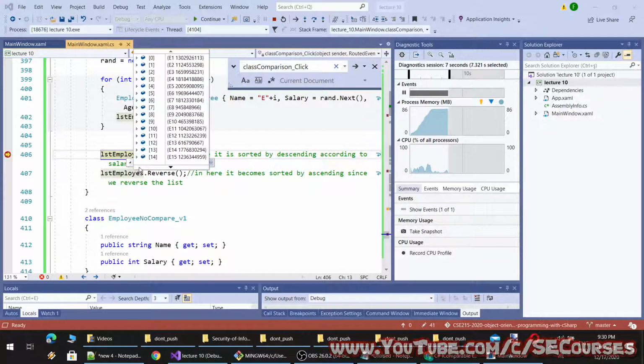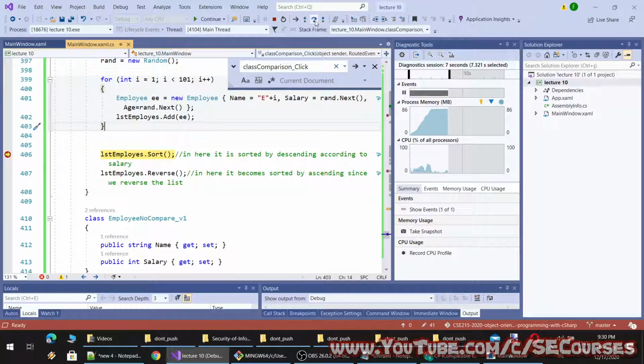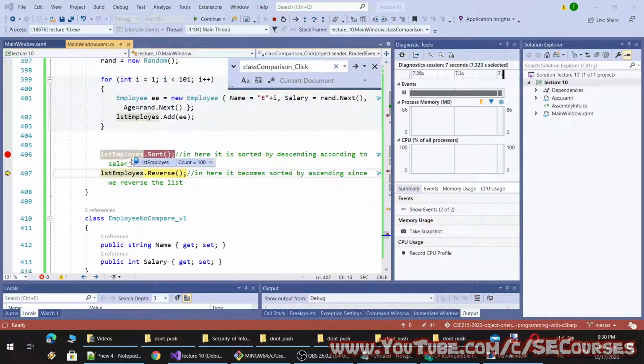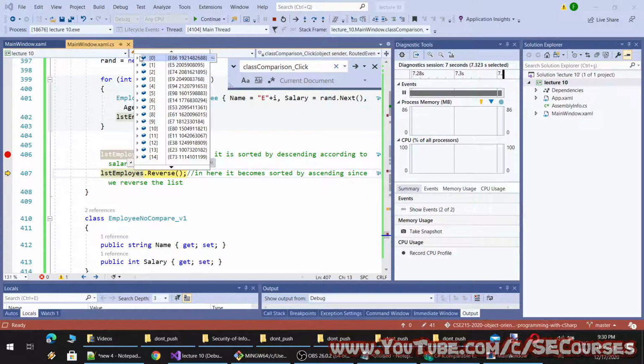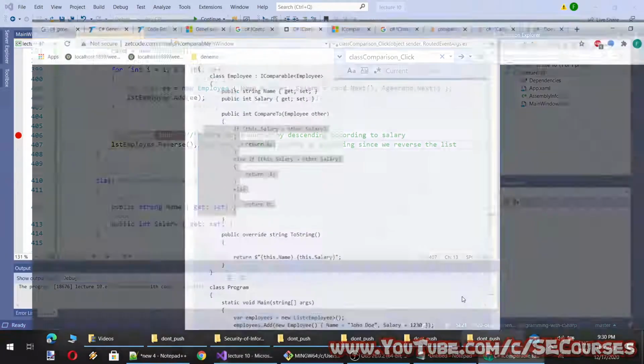So now we can see age and salary and age and salary, and when they are sorted, they will be sorted by the multiplication of their age and salary. So this one has the biggest age and salary. Okay, I think you get the idea.